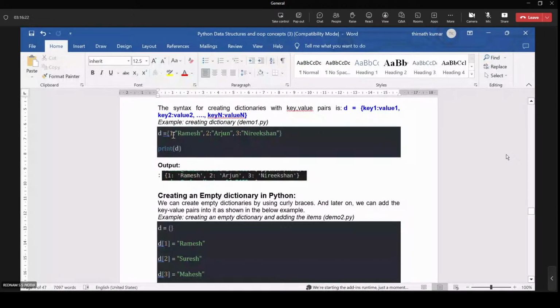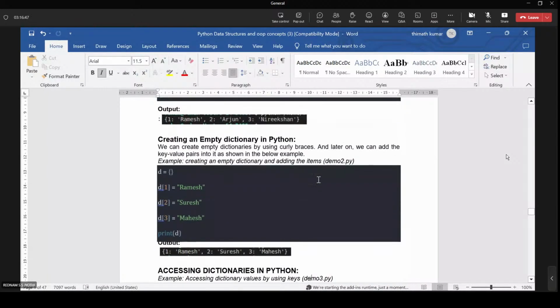So the first key consists of Ramesh, the second key consists of Arjun, and the third key consists of Nirikshan. Here keys must be unique, whereas duplicate values are entertained in a dictionary.